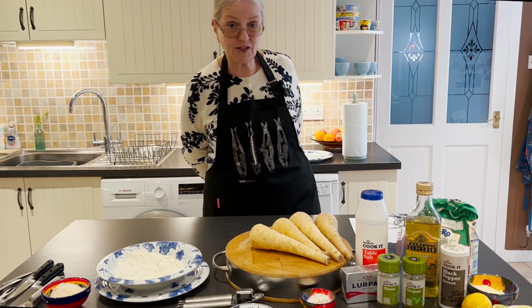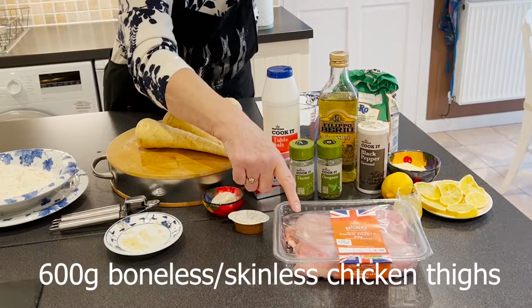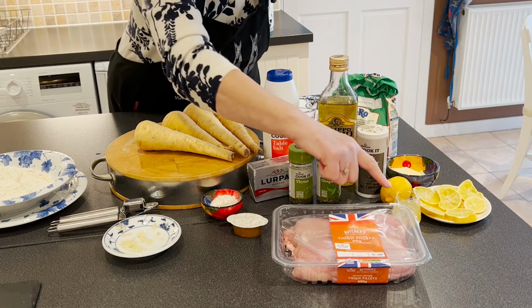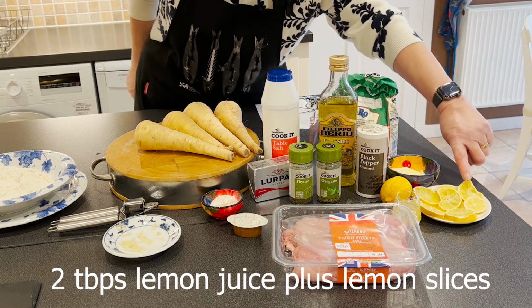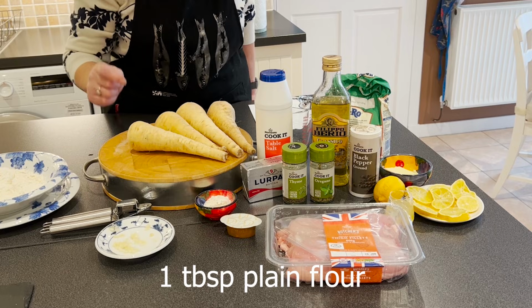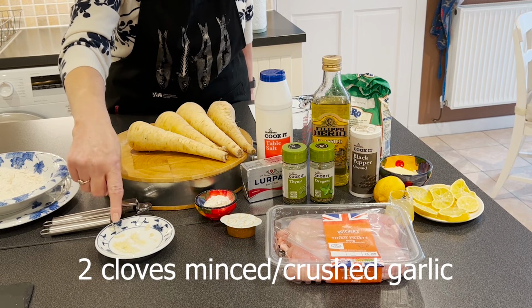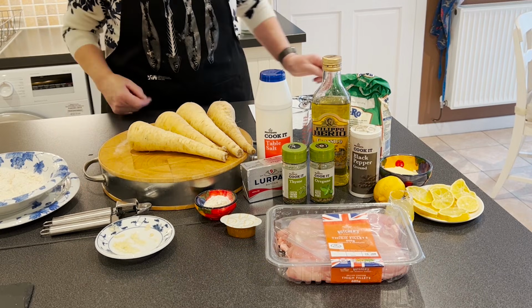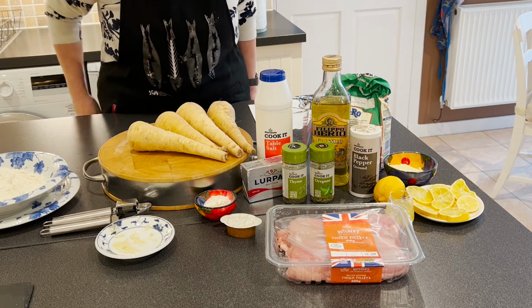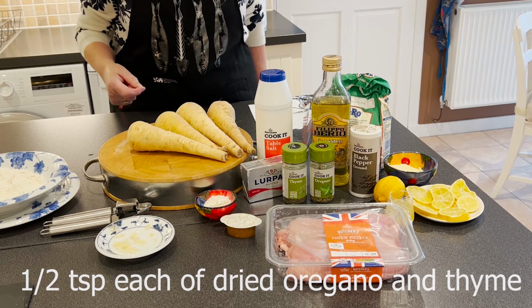So first of all, running through the ingredients, we've got 600 grams of boneless, skinless chicken thigh fillets. We've got 2 tablespoons of freshly squeezed lemon and a sliced lemon to go with it. We've got a tablespoon of plain flour, 2 cloves of minced garlic, which I've already put through the garlic crusher, 30 grams of unsalted butter, and we're going to use half a tablespoon each of dried oregano and dried thyme,